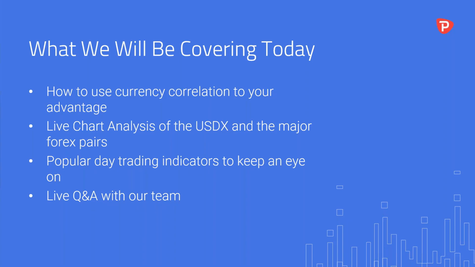So what are we going to be covering today? Well, we're going to be looking at how to use currency correlation to your advantage. That's one of the most important things when it comes to trading, is understanding the correlation between all the pairs. Often when you first start, you usually start being a scalper, maybe move into the higher time frames, you become more of a day trader potentially, and then you want to be looking at the top down. We always talk about the top down approach and being able to understand the currency correlation so that you can get a bit more of an edge in the market. So we'll be going through how to get that edge today using certain other momentum indicators as well.